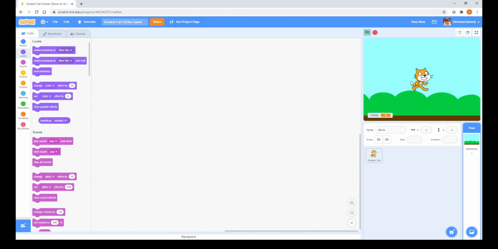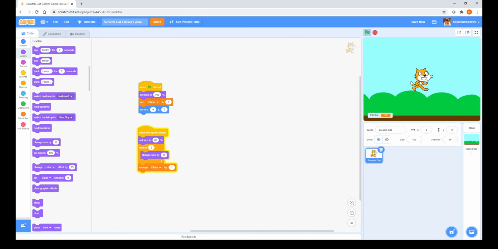So now we've got a backdrop, we've got a cat that you can click with an animation, and we've got a variable. So that's pretty simple. That's kind of the basics of the game. If you want to get more into it, you can make a shop. And I think I'll save that for another video, for maybe part 2, if this is a big hit, Scratch tutorials. But yeah,